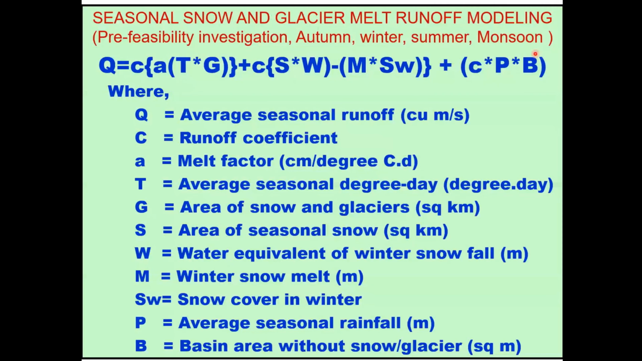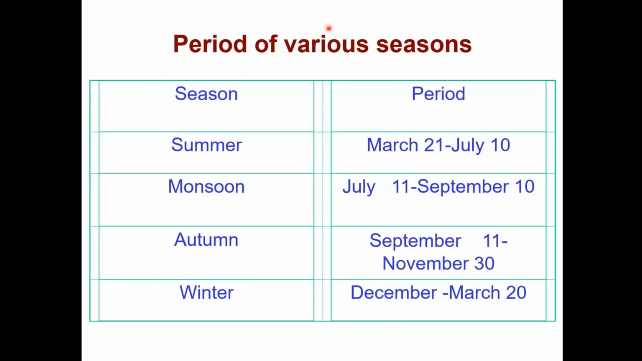So it has three different modules. One model is autumn, winter, summer, and monsoon. But this model starts when the snow accumulation season starts. So initially the model starts running from the winter, then for summer, monsoon, and eventually for the autumn. So the first thing you need to know is what is the period of a season, because what is summer, monsoon, autumn, and winter. So you can see here, this model was originally developed for